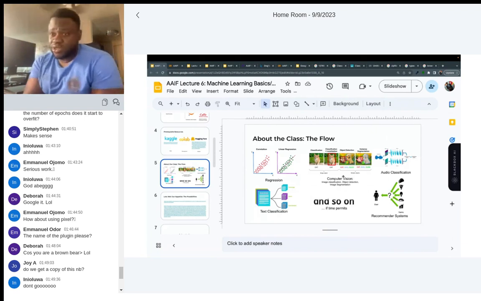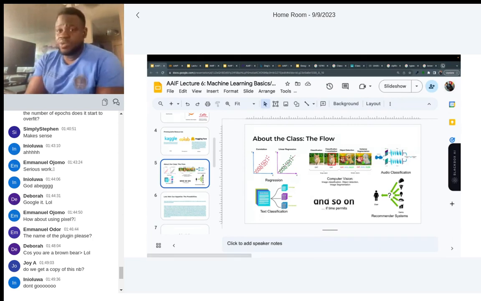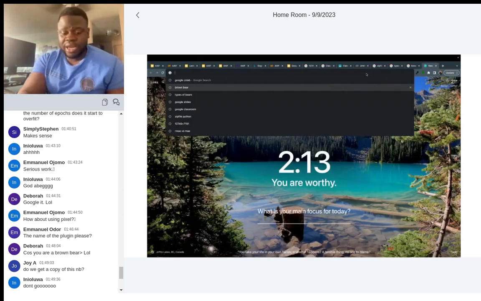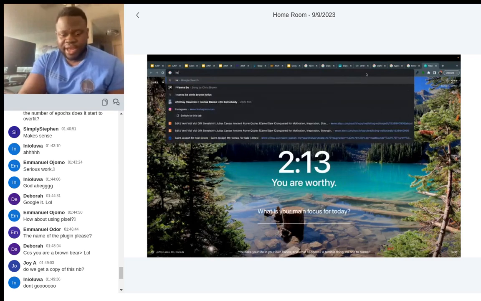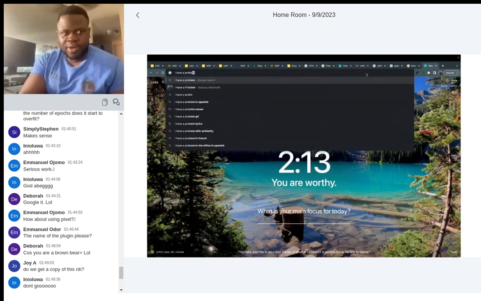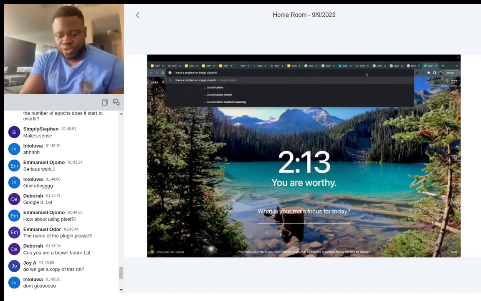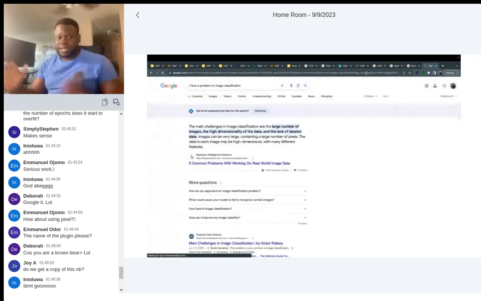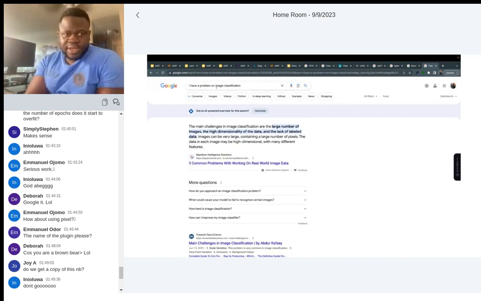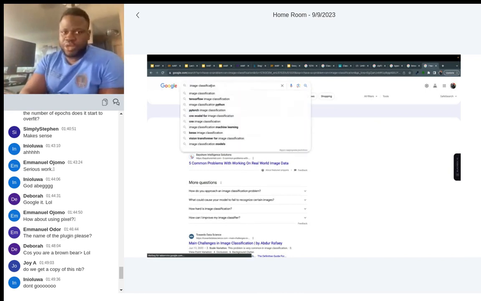If you Google anything, say you have a problem on image classification, you search for an image classification tutorial.